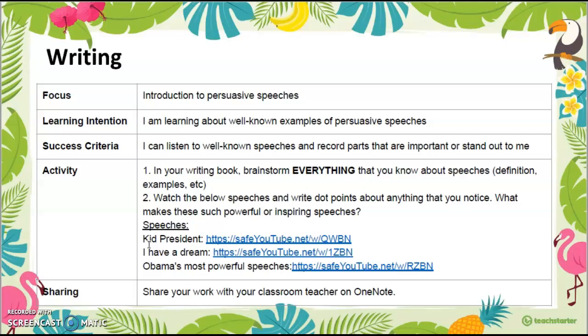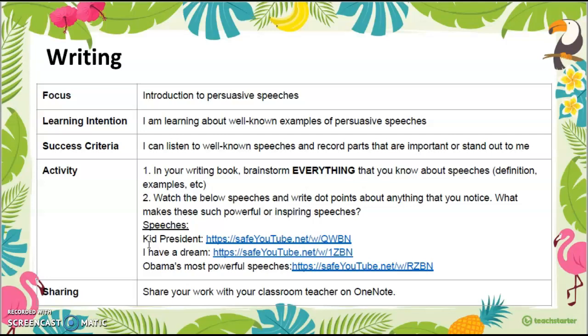I'm sure you all know that Obama used to be the president of America before Trump stepped in. This is a compilation of Obama's most powerful speeches that he has spoken or addressed the nation. You'll just be writing some dot points again in your book about what you noticed about that speech and what makes it so inspiring for us as an audience to watch.